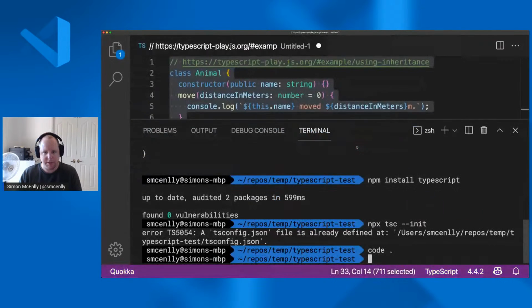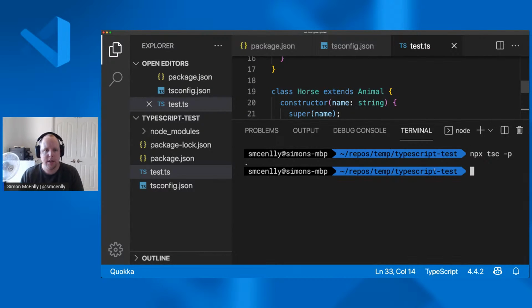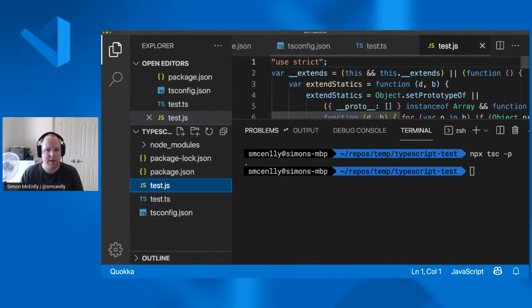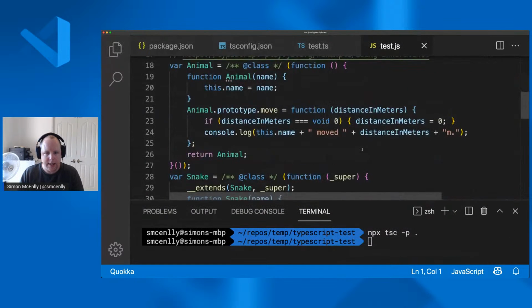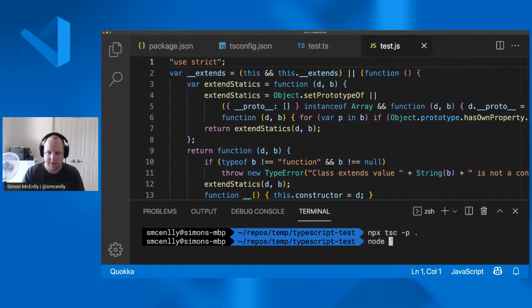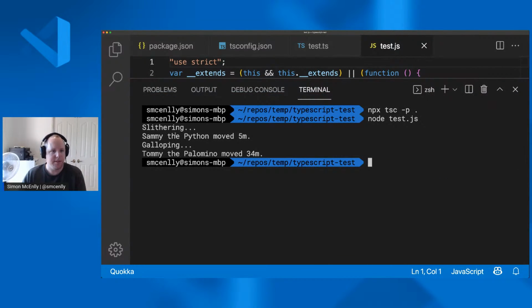So again, I'm going to have to pop up the console, and I'm going to have to compile. So use TypeScript to compile this file. Okay, so TypeScript's compiled the file and it's turned it into JavaScript for us, which is nice. And now I want to run the file. So I'm going to have to say node test.js. Okay, so a little bit of effort to just execute this file and see what it was doing.